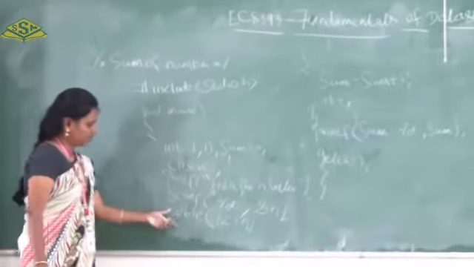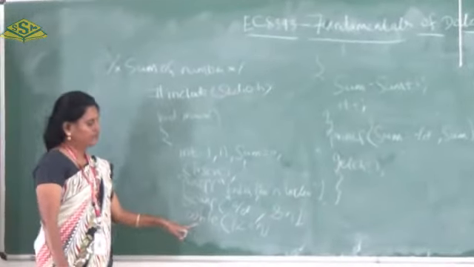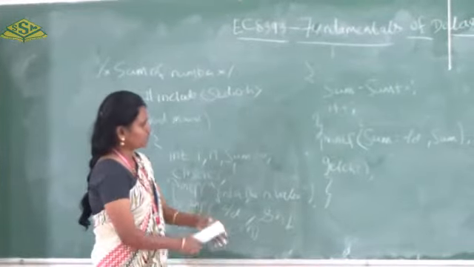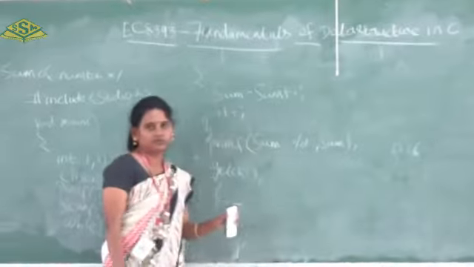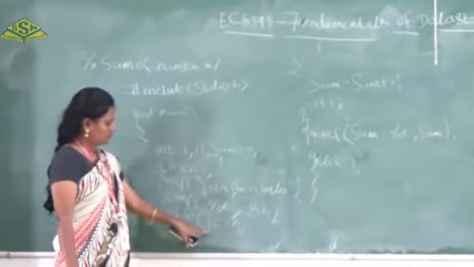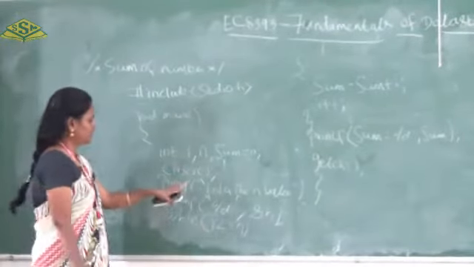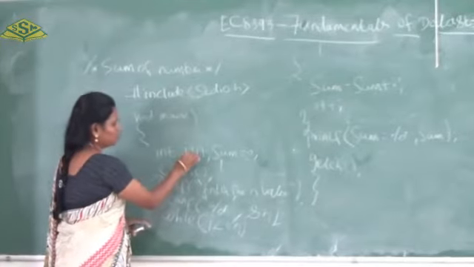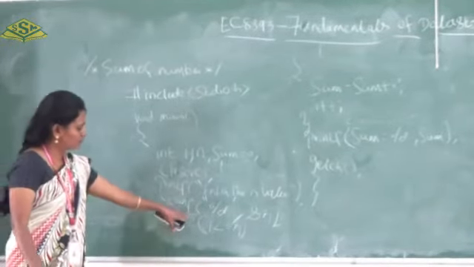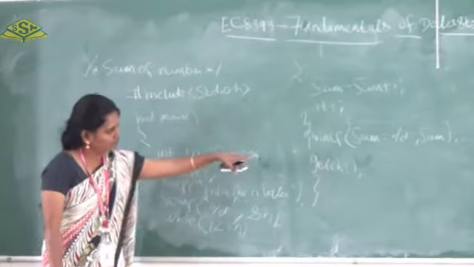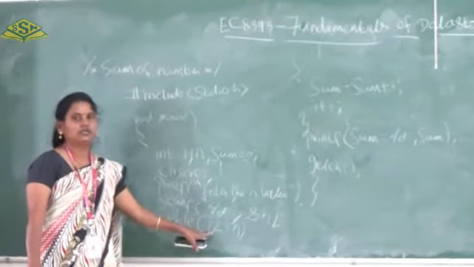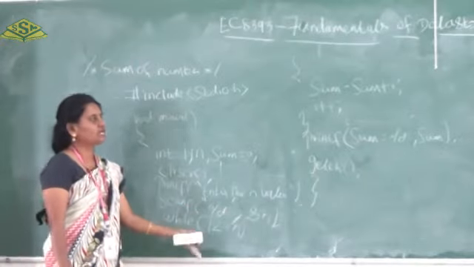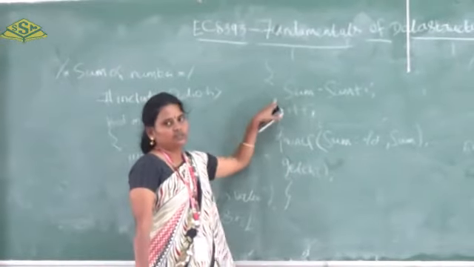Now I am going to explain the while condition. If n is declared as n is equal to 6, we have to see the condition. Here we have to declare i is equal to 1. So first i is equal to 1, then n is equal to 6. We check the condition: 1 is less than or equal to 6. Condition satisfied, so it comes into this statement.